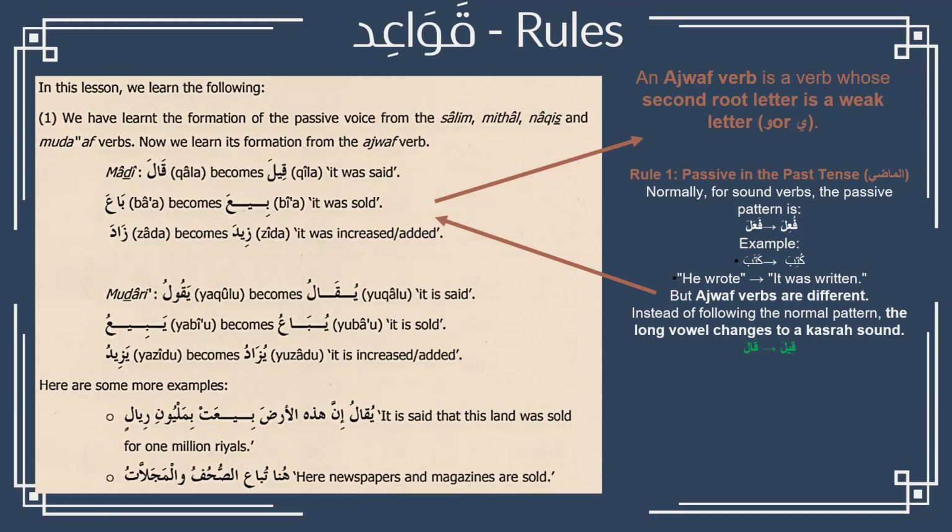So in the previous lesson, when we were talking about ismul fa'il, we actually went through the salim words. Salim words means that we went through the regular words that do not have the ya, waw, or the alif. In today's lesson, we will go through the ghair salim words, the ones that actually have the ya, waw, or the alif, right? So if you look on my right hand side, I pointed some of those. So ajwaf verb is a verb whose second root letter is weak. So ghair salim is something that will have a ya, waw, or alif somewhere, right?